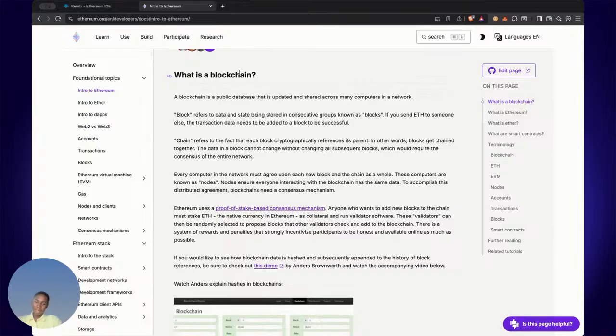So a blockchain is simply a ledger of blocks that are chained, and with each one you have information about the previous one, which links back to the Genesis block, which is the first block ever created in the chain.